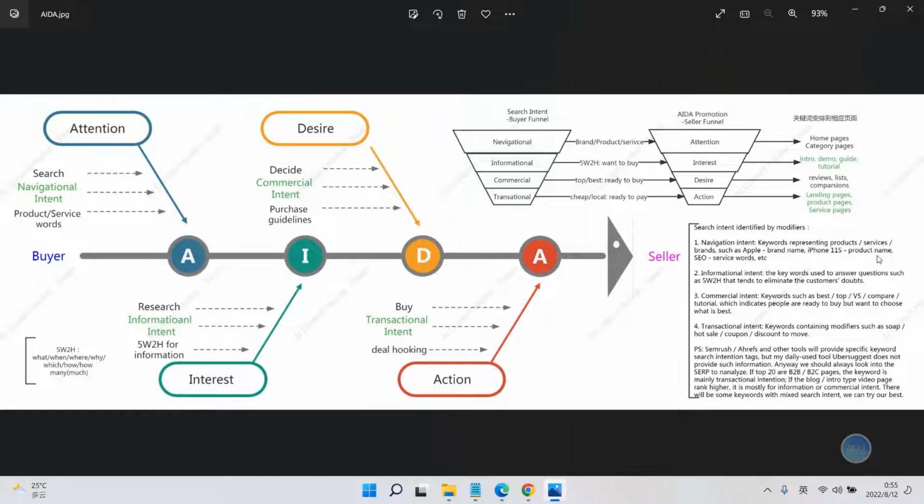You know, on the homepage we might use some big keywords like Apple. They will use their brand at the homepage, and then the iPhone at the category pages. So this will be a navigation intention for the searches. So the information intent and maybe the keywords